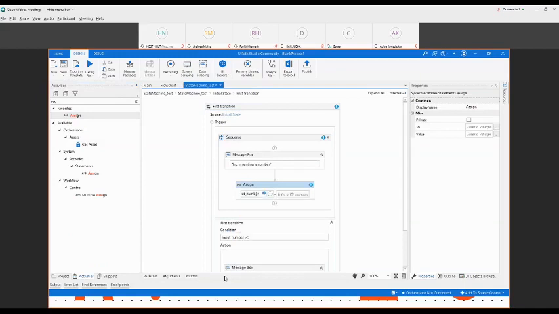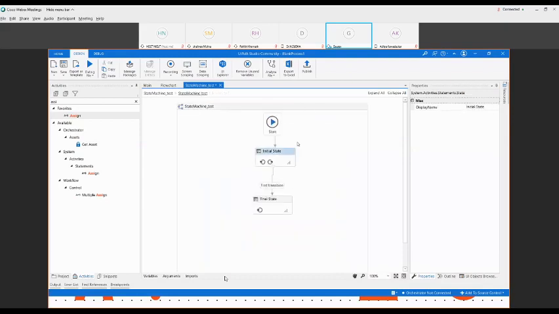Number is input number, input number plus 1. Okay, you will see there is no error. You have to check the first file, there should be no error in the file. Now I will run it again. I hope you haven't made any mistake.